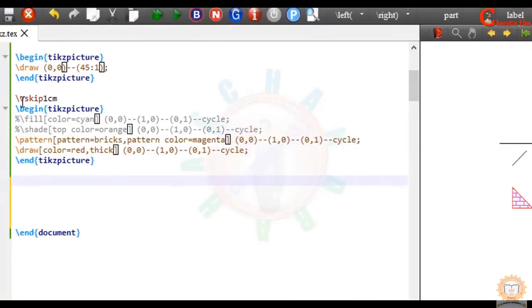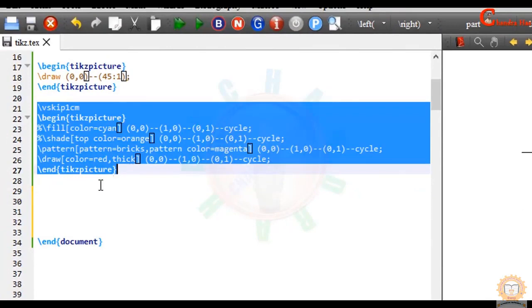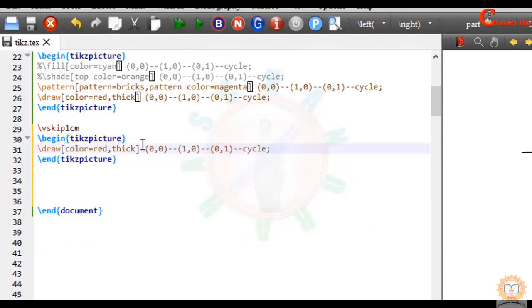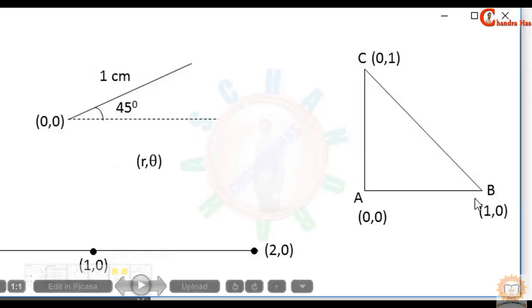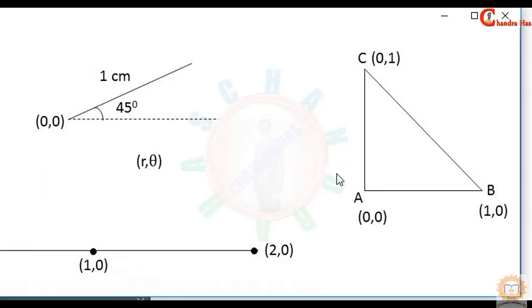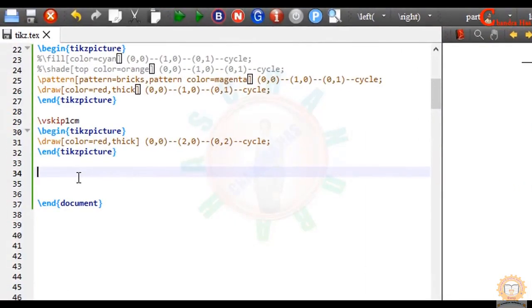Okay, again I'll copy, I'll paste here, and this time I want to use 2 centimeter, and this one is also 2 centimeter. I want to print this text, so for this we will have to use node operation. Actually node is just a text which is placed at some coordinate. Okay, here I'll write syntax of node. We'll have to write node and then options, and in a curly bracket we can put text.